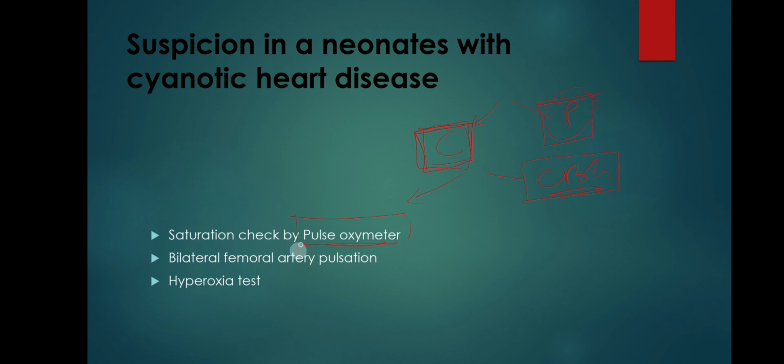Routine pulse oximetry check is very important for every child, because if we do not check the saturation with the pulse oximeter, then we can miss a mild degree of cyanosis, and this may lead to some congenital cyanotic heart disease. For every newborn, after 24 hours we have to do a saturation check by pulse oximeter, and this saturation check is on the right arm and left leg,